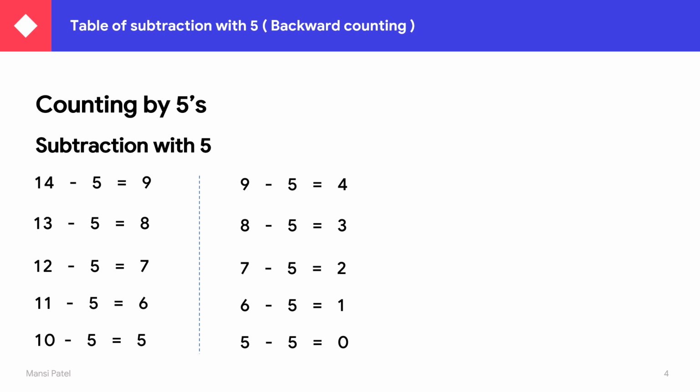First rule for sequence is decide whether it is forward counting or backward counting. After that, your second step is by how much it is forward counting or by how much it is backward counting. Then third rule, just change their ones place only. If counting by 2s, counting by 3s and counting by 5s are there, then just change ones place only. Other digits you have to put as it is.